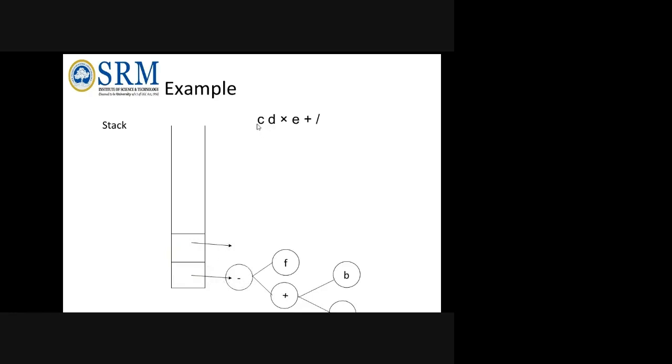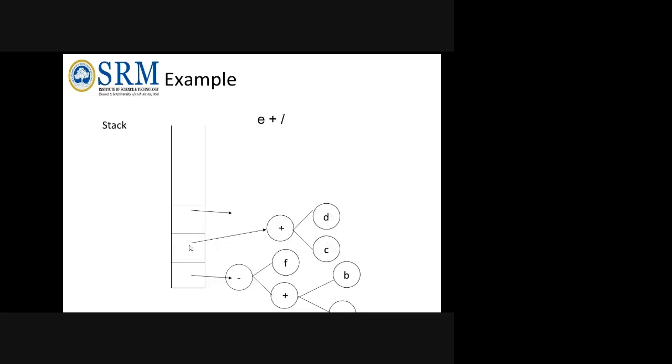Then comes C. So C will be there. Then comes D also, because the next one is D. So D is also applied. Then you see an into comes. So when into comes, I will pop these two only. This will remain as it is. So these two will be popped, and into will be between these two. That means it will come in this top box, because if these two are popped, next I have to upload in this box only. So into will be applied between C and D. So you can see here into between C and D. So now this is one child, this is one child.